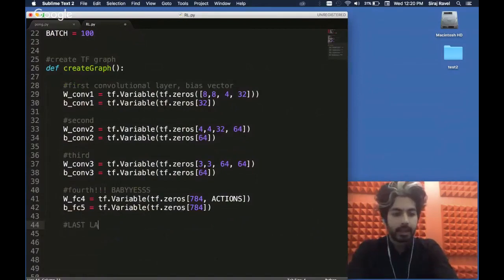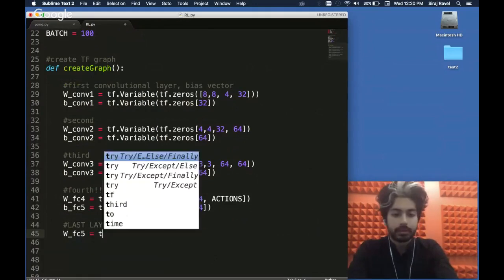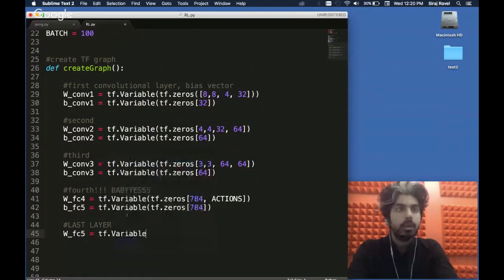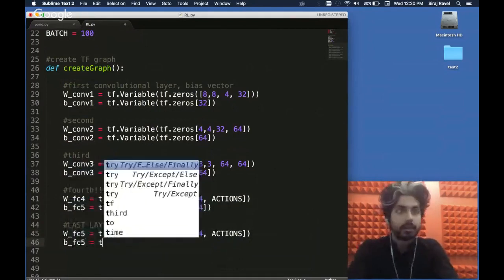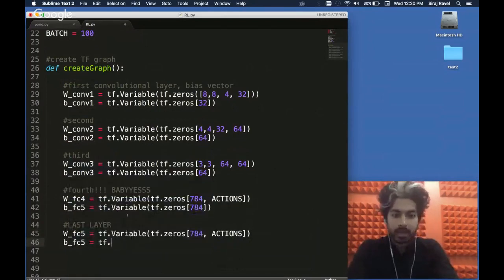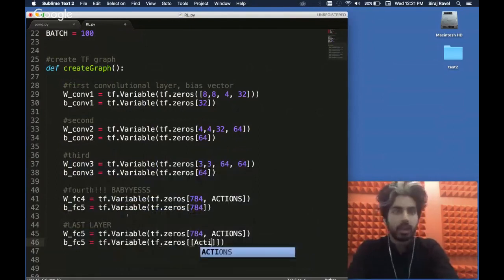And then last layer is going to be FC5 equals tf.variable, tf.zeros, 784, actions. So it's just a very repetitive thing when you're coding your layers because it's layer after layer, you have to define each of them.